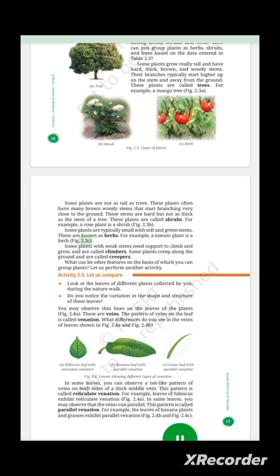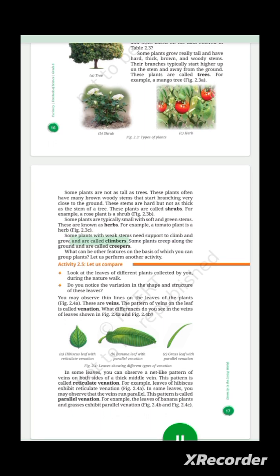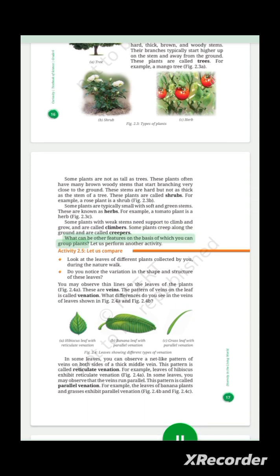2.3c. Some plants with weak stems need support to climb and grow, and are called climbers. Some plants creep along the ground and are called creepers. What can be other features on the basis of which you can group plants? Let us